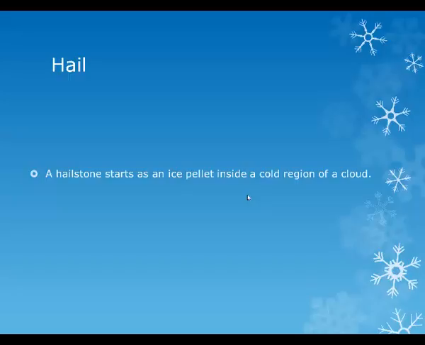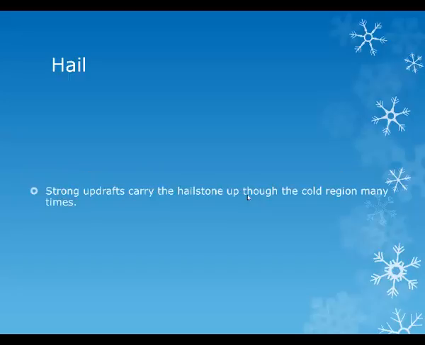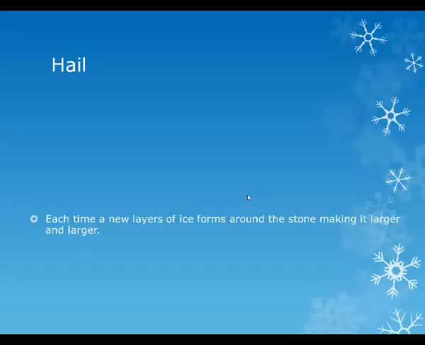The hailstone starts as an ice pellet inside a region of the cloud, and the reason we get those layers inside of a hailstone is because those layers of ice are laid down on top of that small pellet due to updrafts that occur inside of the thunderstorm cloud. So high winds push that hailstone up in the air, and it goes higher and higher, and we know the higher in the atmosphere you get, the colder it gets. So any water that's on the surface freezes,